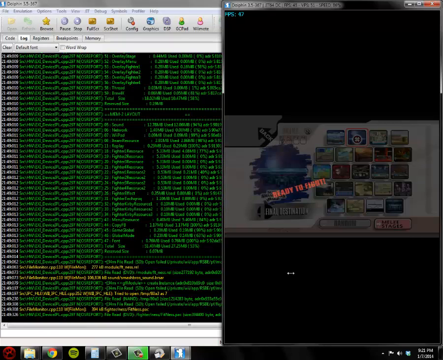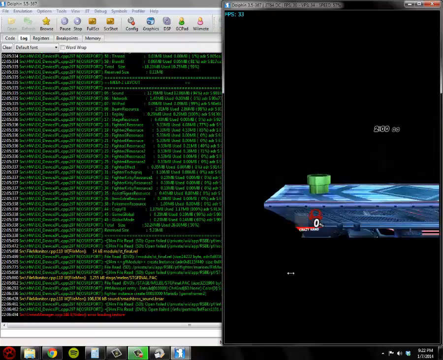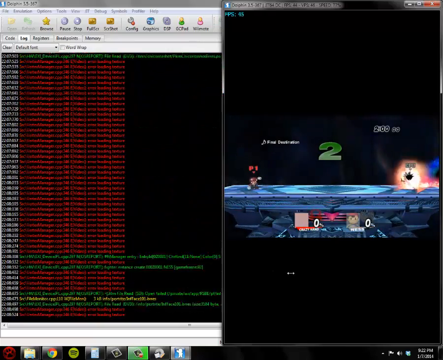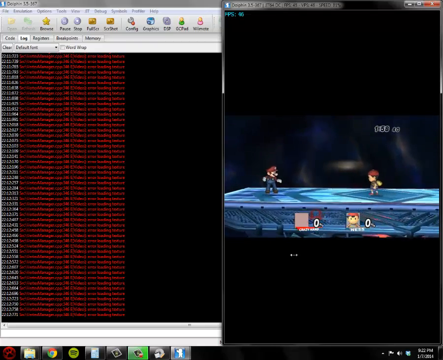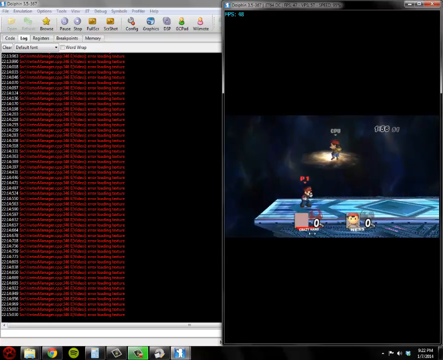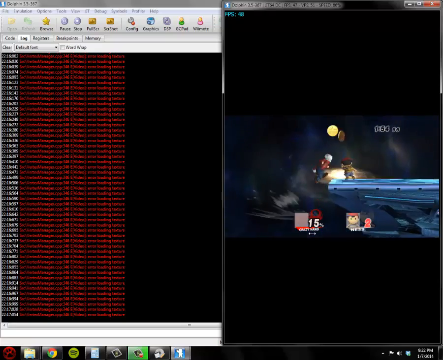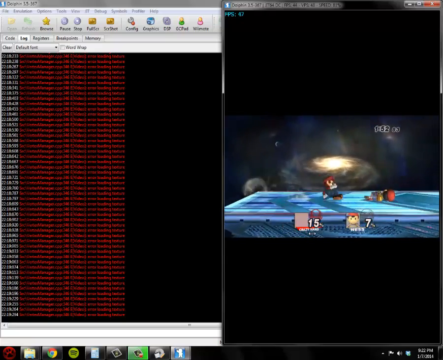There's some other stuff you need to do when it's using a different cosmetic slot, and I don't think that I can go over that, mainly because I don't have files in order to fix it.